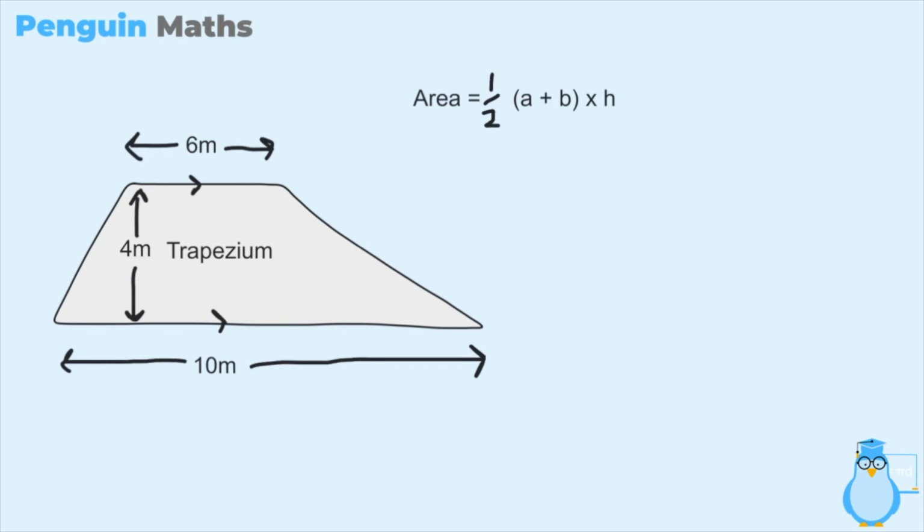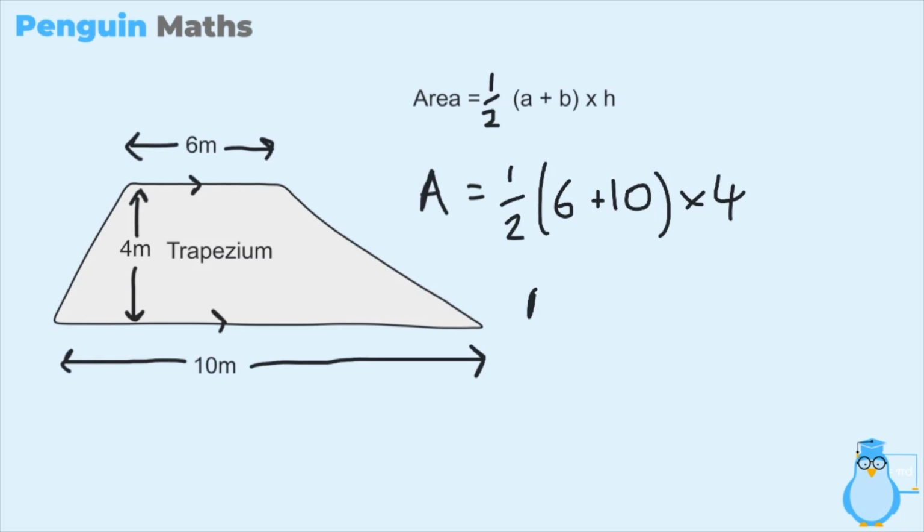So here we have an example where the parallel sides are 10 metres and 6 metres respectively, which in the equation is A and B, and H, the height in this example, is 4 metres. So if we were to write this out, we can say that the area is a half multiplied by A plus B, which is 6 plus 10, and then we said the height is 4, therefore the area is equal to a half, and 6 add 10 is 16, times by 4,